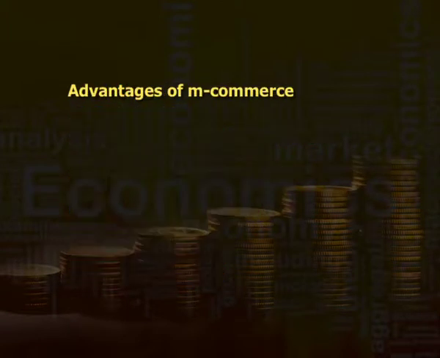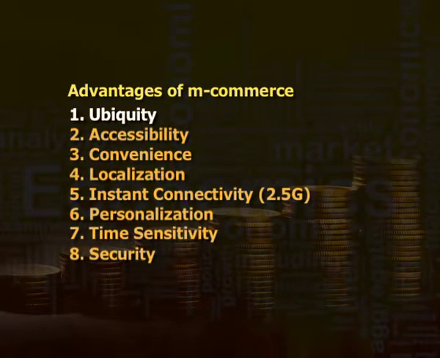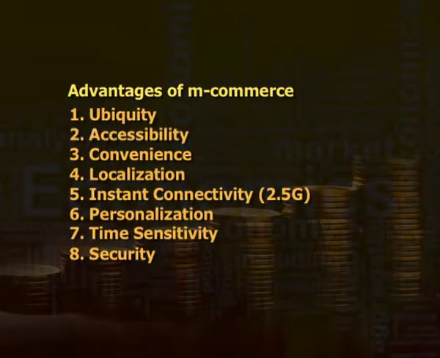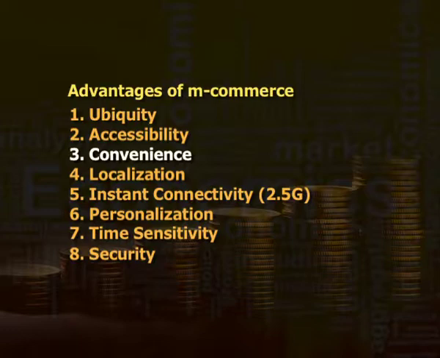Moving ahead to advantages of m-commerce. First is ubiquity. The use of wireless device enables the user to receive information and conduct transactions anywhere at any time. Second is accessibility. The user also has a choice to limit their accessibility to particular person or time. Third is convenience. The portability of the wireless device and its functions from storing data to access to information or persons. Fourth is localization. The emergence of location-specific based application will enable the user to receive relevant information on which to act.